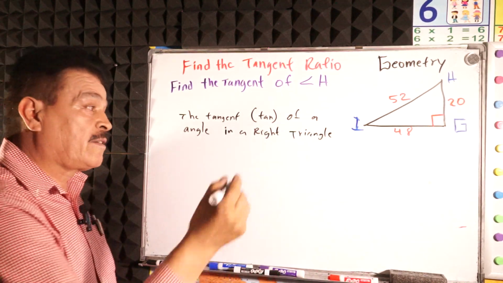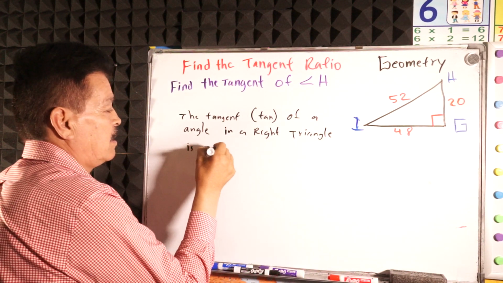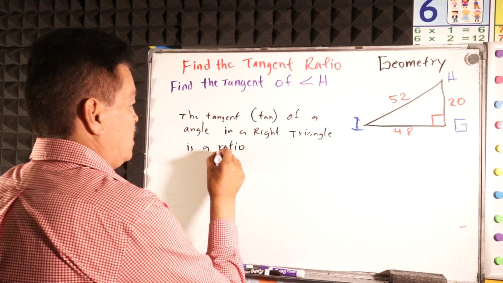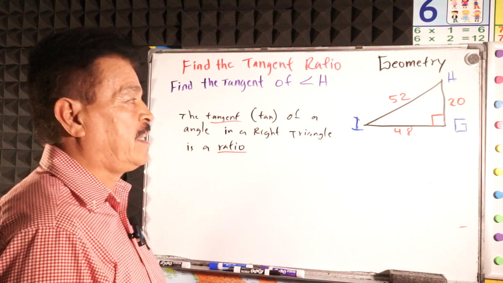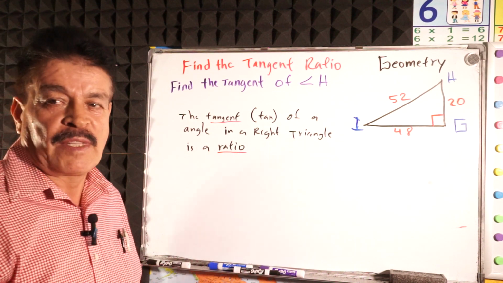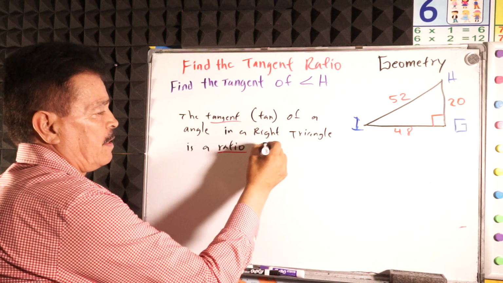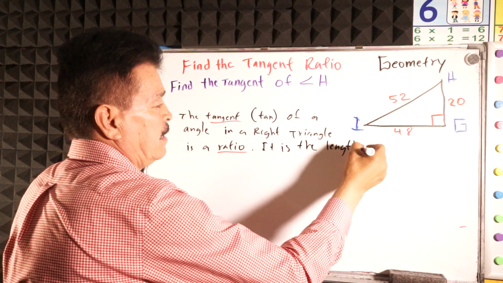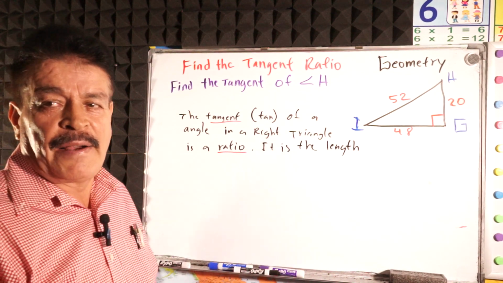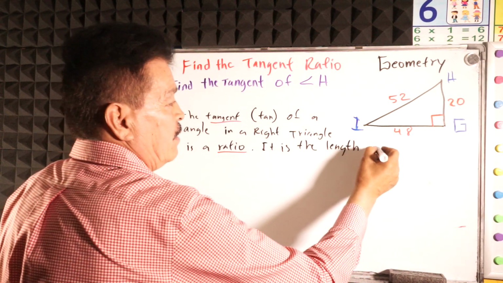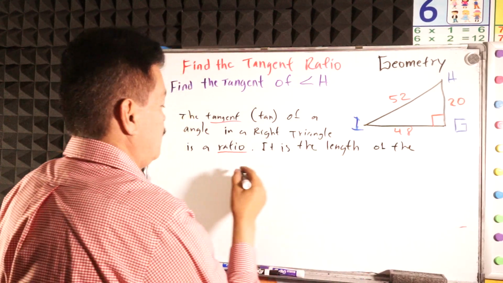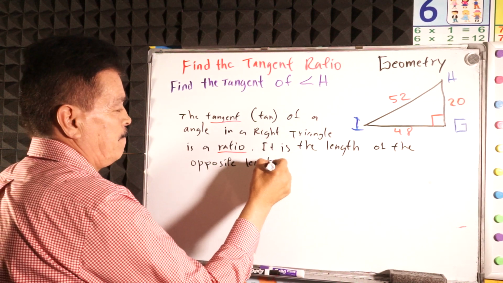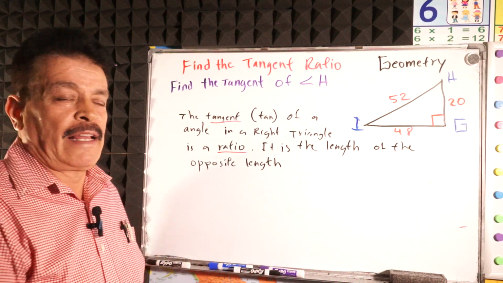The tangent is a ratio. These two main points you need to see. Tangent is a ratio in the right triangle. It is the leg, the opposite leg. The opposite leg, I mean,